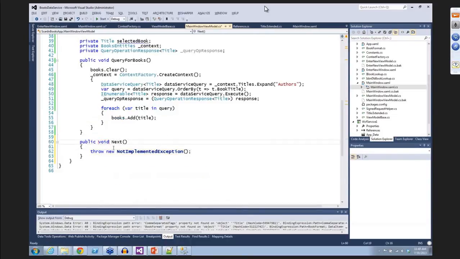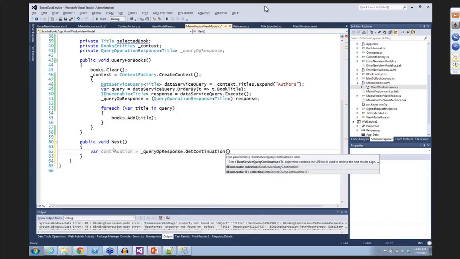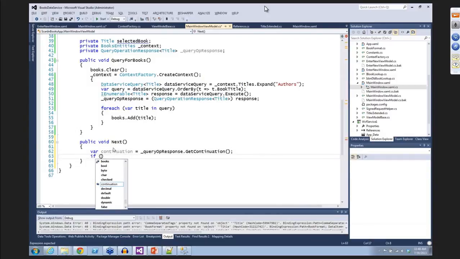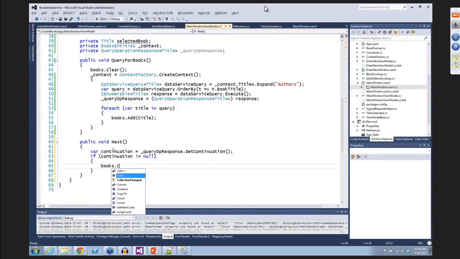And what we'll do on that is we will first actually execute the next version. So we'll say var continuation equals, we'll use the query op response, and we'll say get continuation. And then if the continuation is not equal to null, then we're going to say, clear the existing books, and then execute the query. So like var query equals